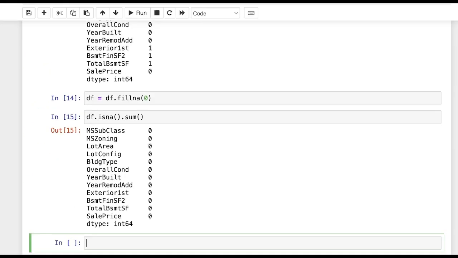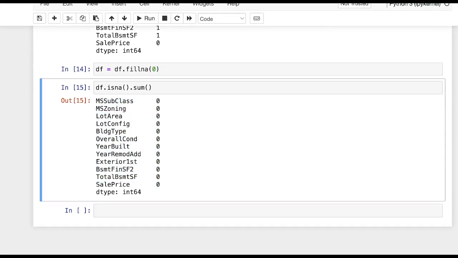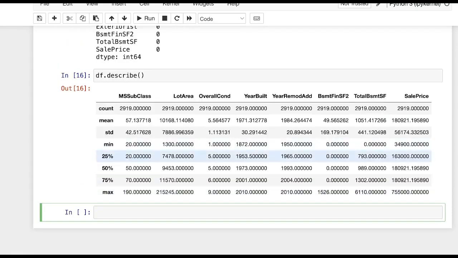As we can see, now all the null values are being handled successfully. So we are done with the data cleaning part. The next thing we are going to do is we'll use the describe function on this dataset. Here we can see the statistics for this dataset, and when you look at this lot area column, you can